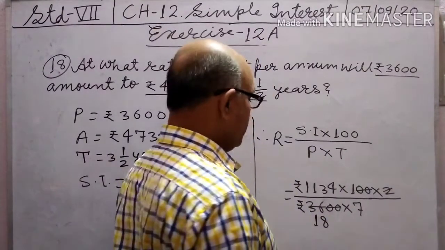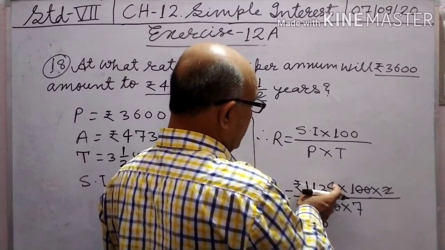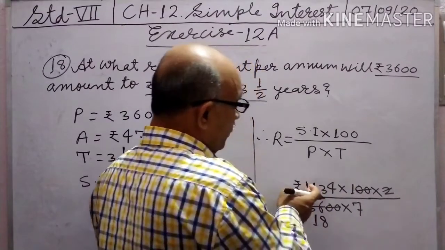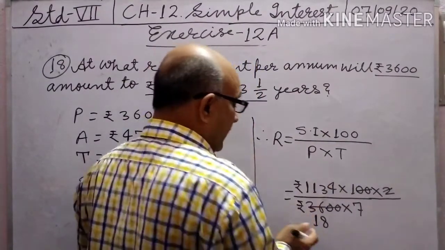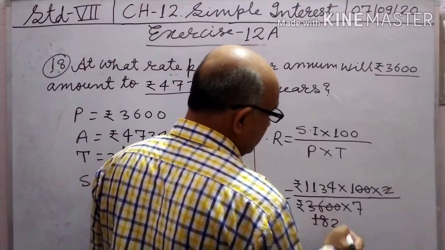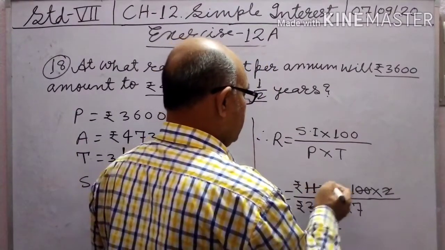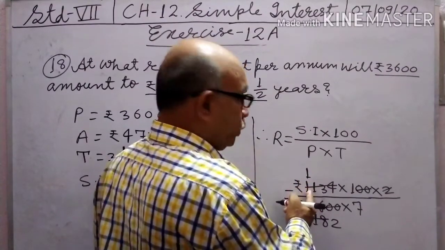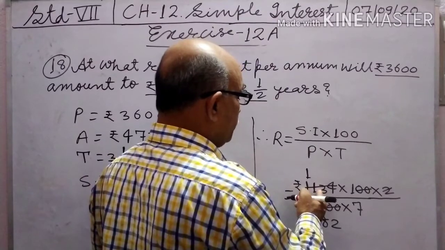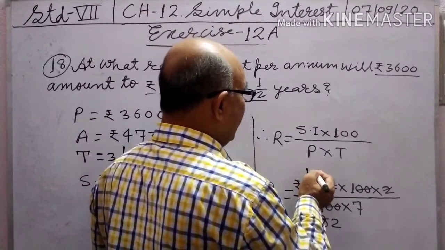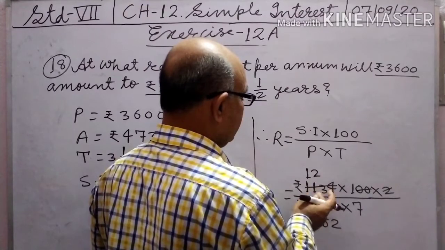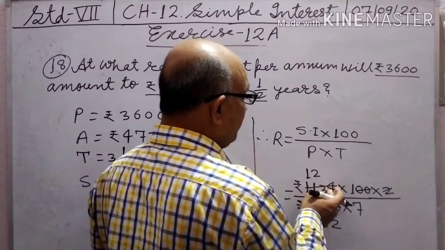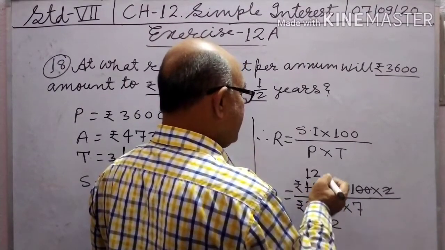2. 18 to the 36. 1 plus 1, 2. 2 plus 3, 5. 5 plus 4, 9. 1,134 is divisible by 9. So 9 to the 18. 1 time. 9 ones are 9. 11 minus 9, 2. 2 and 3, 23. 9 twos are 18. 18 plus 5, 23. 5 and 4, 54. So 9 sixes are 54.